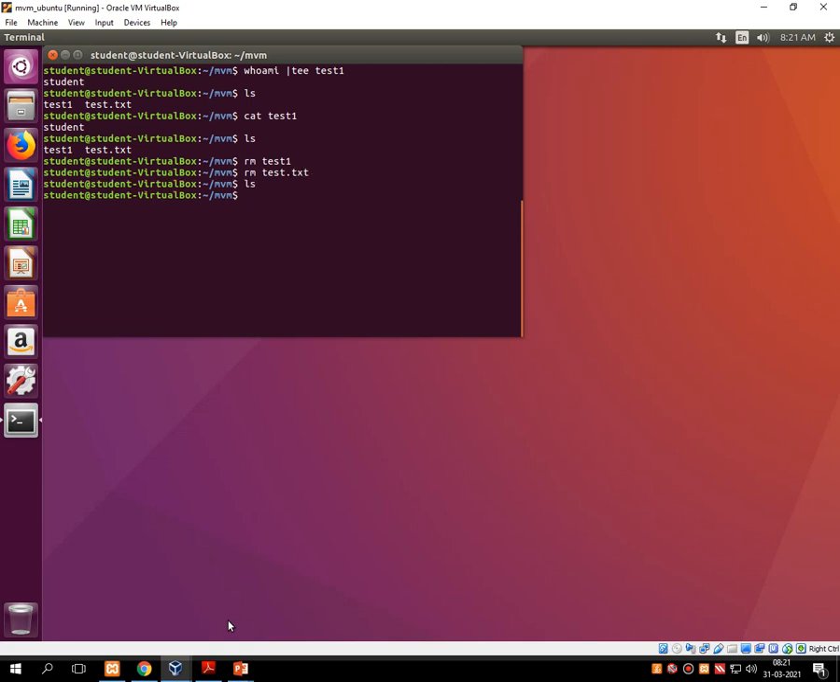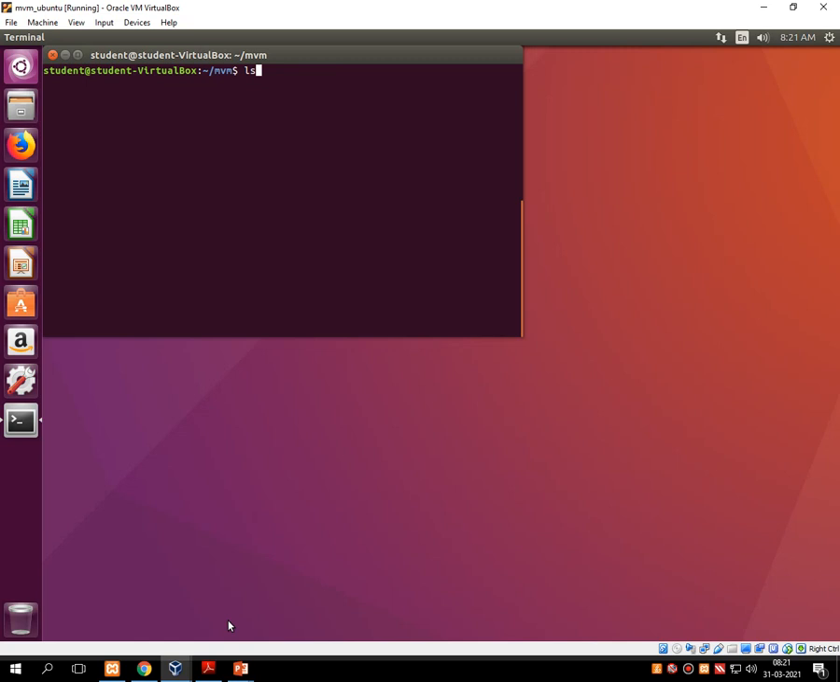As you can see, in MVM now there is nothing. What I am doing is writing whoami. It's a Unix command, then the pipeline operator with tee. It's a splitter. Then I am giving the file name called test2. Press enter. It prints student onto the screen, because whoami displays the name of the current user onto the screen, and